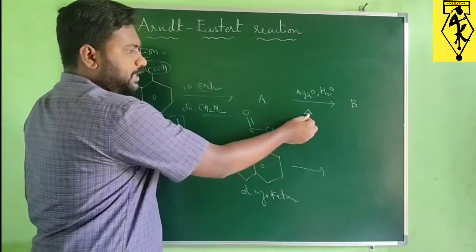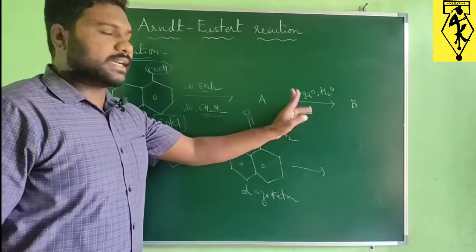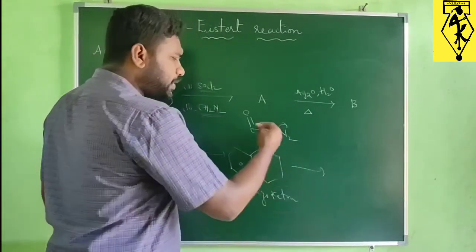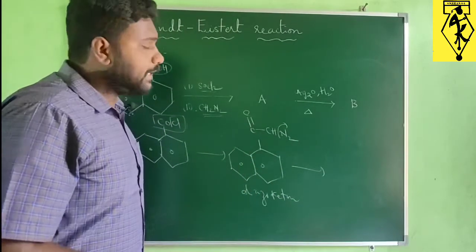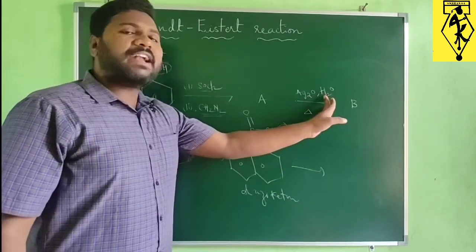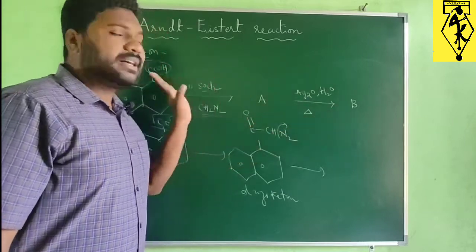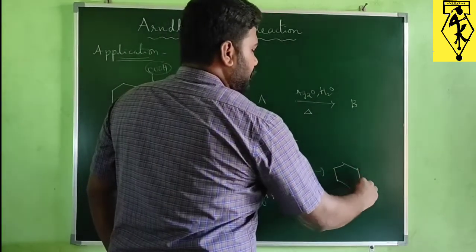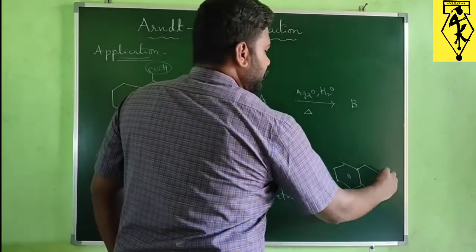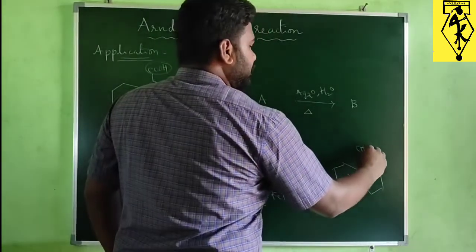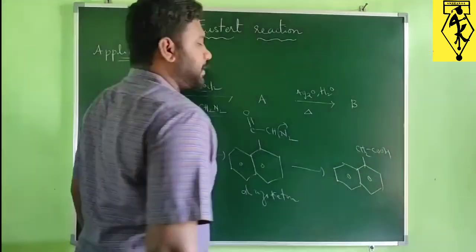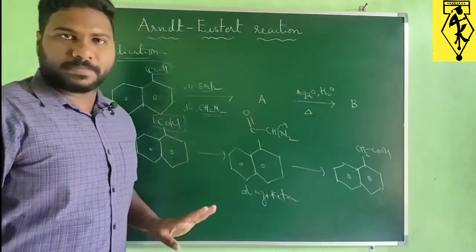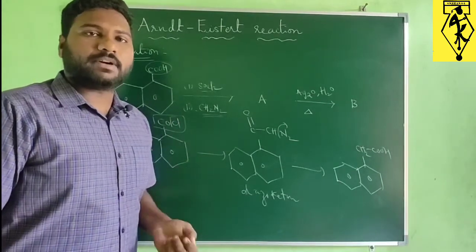After, in presence of heat with silver oxide, this elimination of nitrogen takes place, and due to some rearrangement we are going to get ketene. After ketene, if we add water, we are going to get carboxylic acid. So if we add water to that ketene, just by the insertion of one methylene group from the reactant, we are going to get a product like this. This is the product for this reaction. Clear? We'll discuss one more example, one more application.